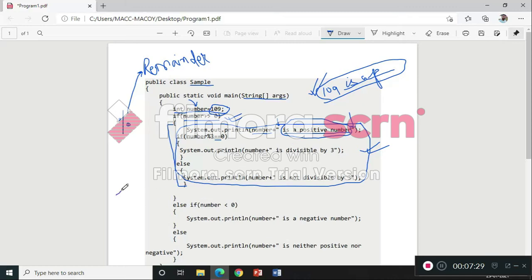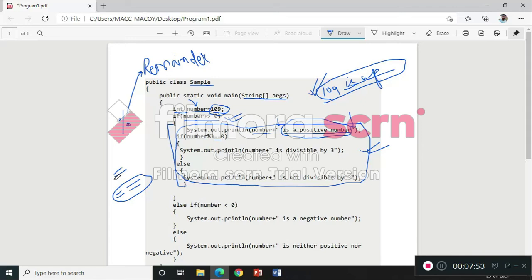Remember this: double equal to is utilized for comparison, not single equal to. Single equal to is known as the assignment operator. For example, 109 is assigned to the variable number, but double equal to is utilized for comparison, to check whether LHS and RHS are the same or not.